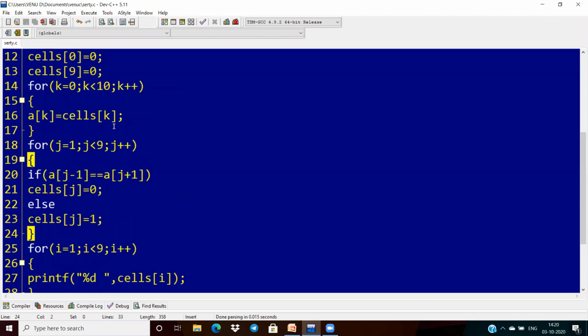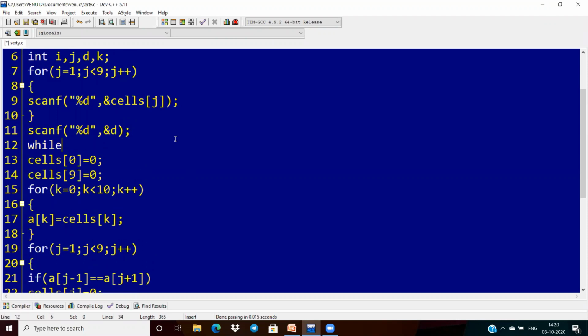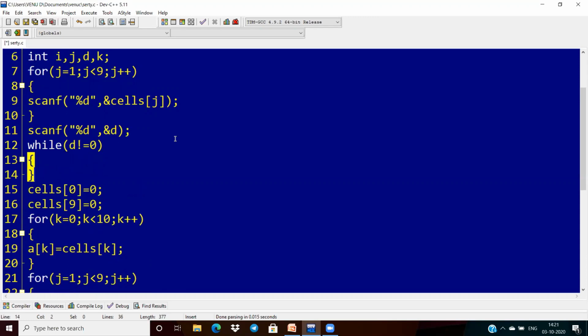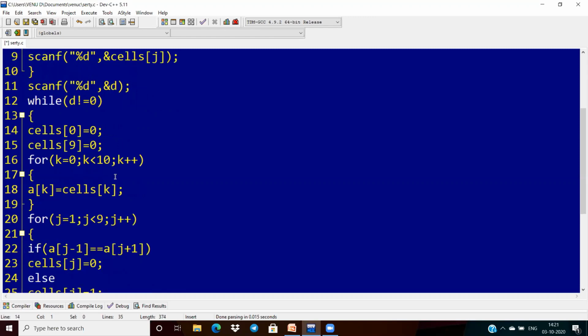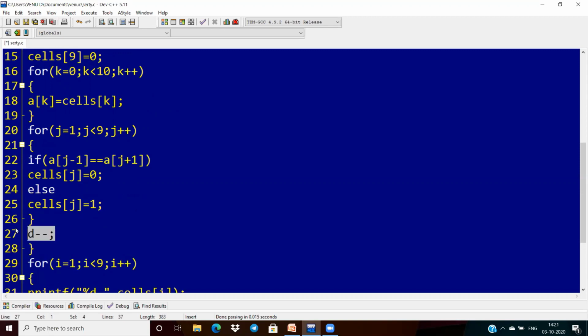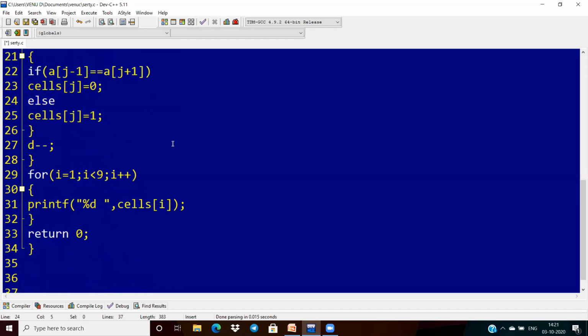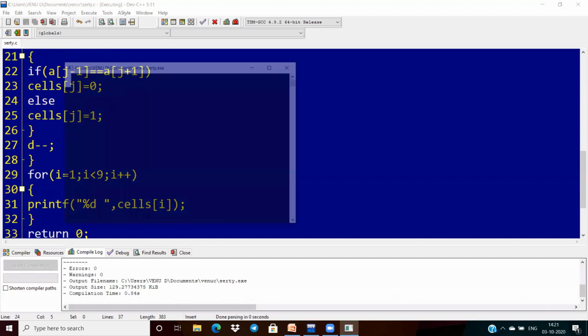But I want to give, suppose, 2, 3, 4, 5 days. So what I need to do, if your input is multiple days, just keep everything inside the loop. It is for 1 day, and after completion of this, decrement the d value. That's all. If the first day is over, then you will get this. Second day means another. Like this, decrement the day, finally it will reach 0, which means all days are over.